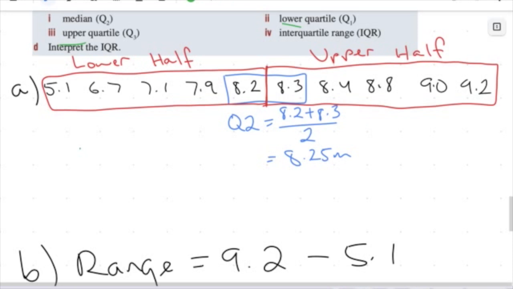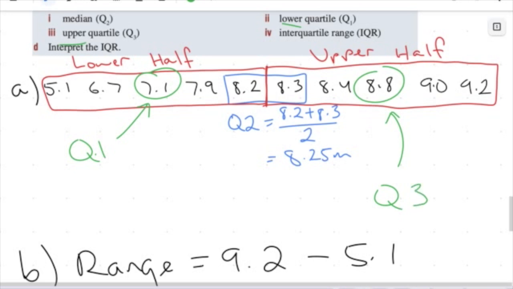So I have 5 terms here on the left hand side. So I have an odd number, which means I'm going to have 1 middle, and that's going to be this thing here. So this is going to be my quartile 1,